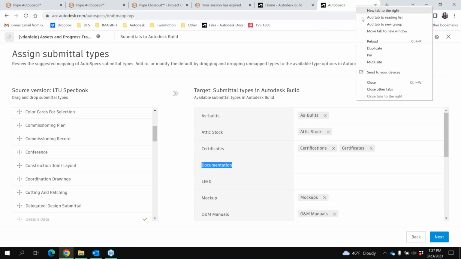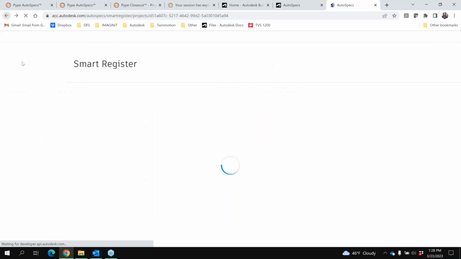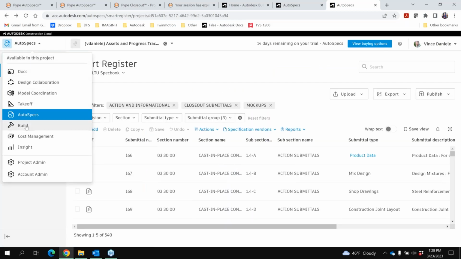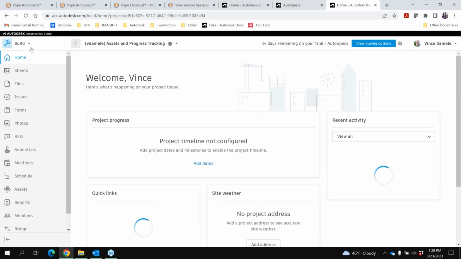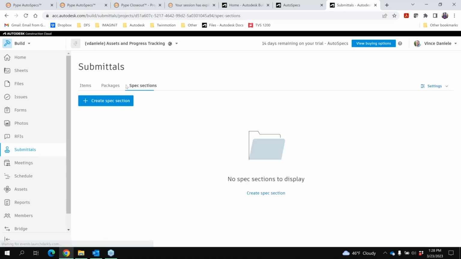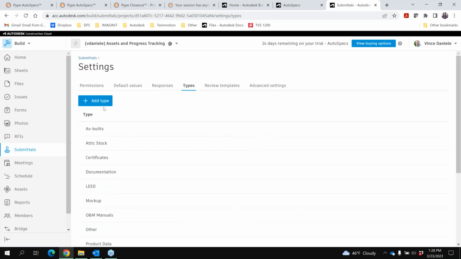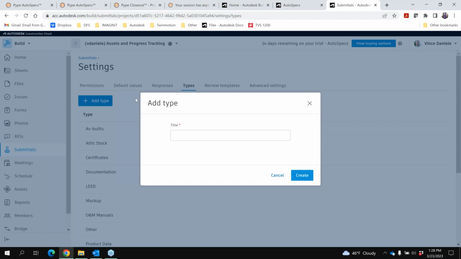We can always go back to, and I'll just duplicate this tab really quick. Back out of here. We can always go back into Build, in submittals. And for our submittal types, I can add here coordination drawings. And this might seem like a lot of work, but it really is important because when we get